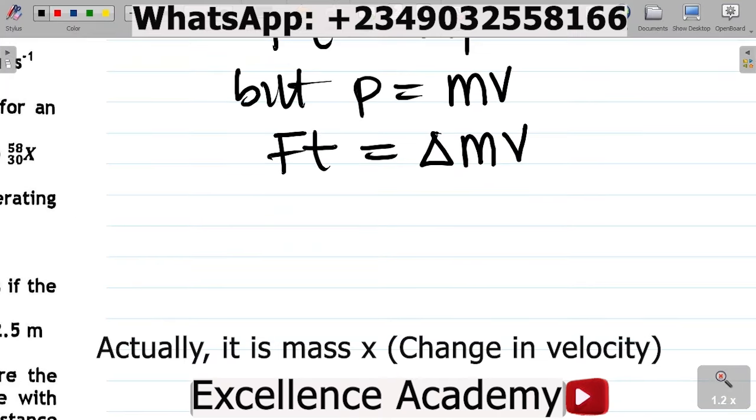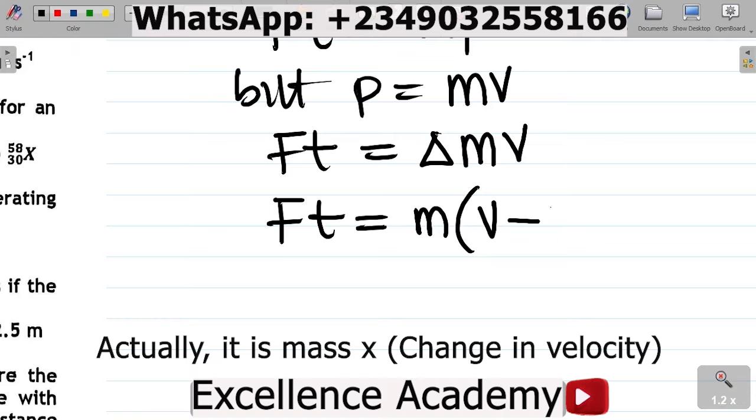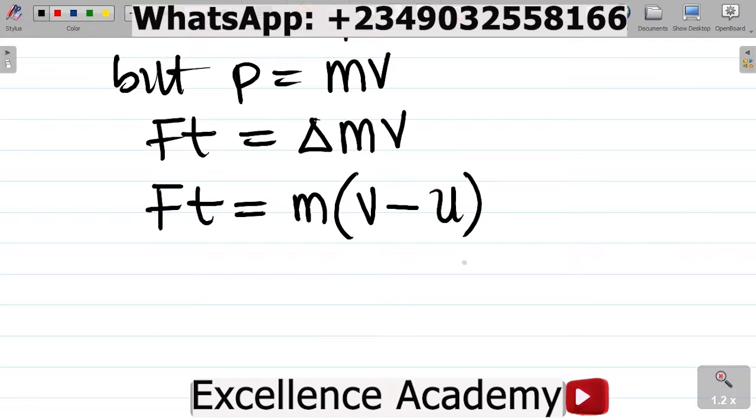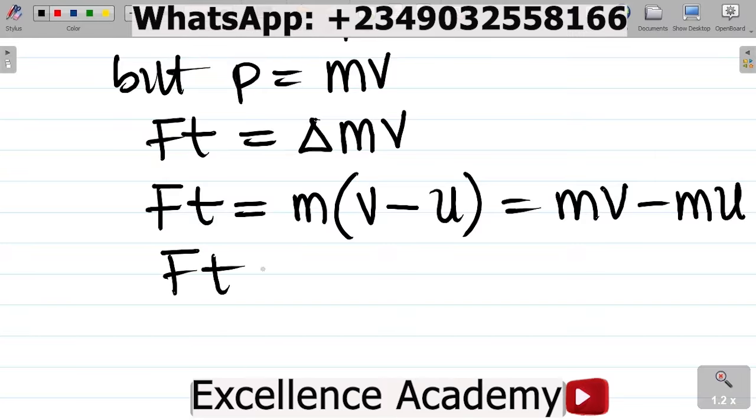And if we put this in proper context, we'll have that impulse, force times time, is equal to mass times change in velocity, which is simply final velocity minus initial velocity. That's u. So we have this. Multiplying this through, this would be equal to mass times final velocity minus mass times initial velocity. We have this. All right, so from here, we have force times time being equal to mass times final velocity minus mass